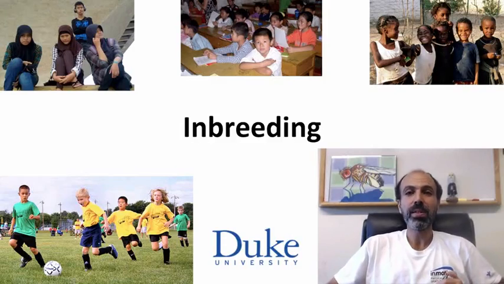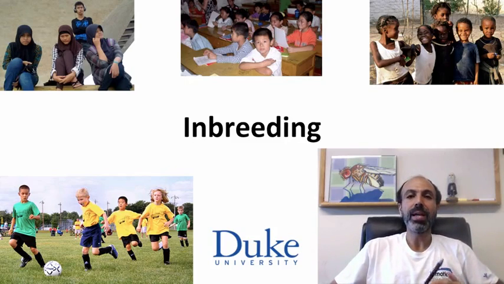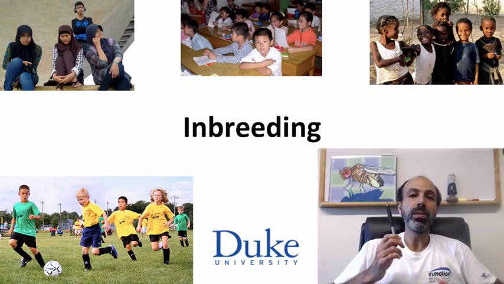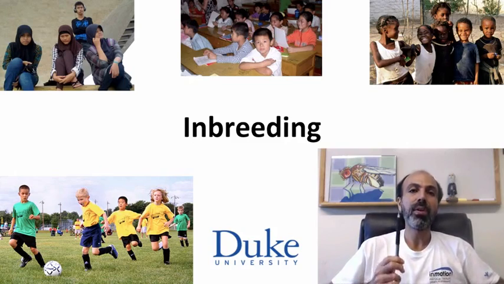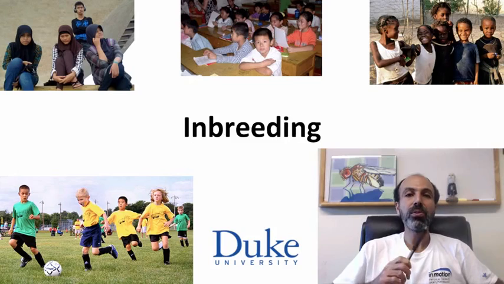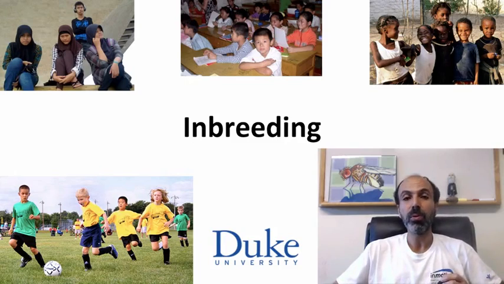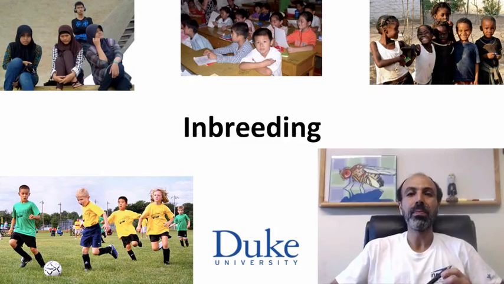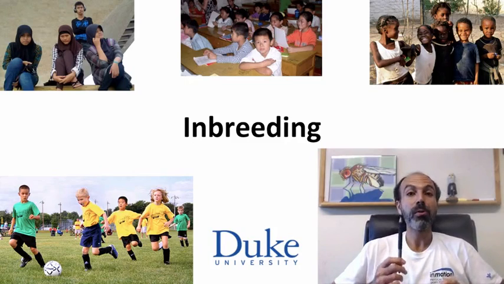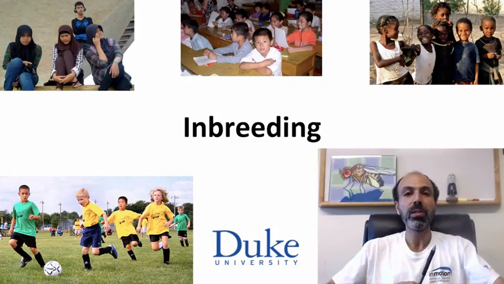In the previous set of videos, we've been talking about deviations from Hardy-Weinberg. In the video before the last one, we looked at the measurement of FST, and how you can measure differences between populations in allele frequencies. What we saw is that you used the deficiency of heterozygotes to quantify a deviation from Hardy-Weinberg to look at these differences between populations. These differences, as I emphasized both in the last video and the one before it, come from non-random mating. In this video, I'm going to talk about a different form of non-random mating, that of inbreeding, or mating preferentially with individuals more closely related to you than a random individual in the population.